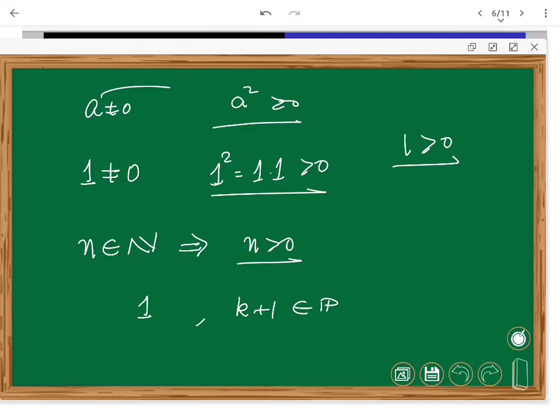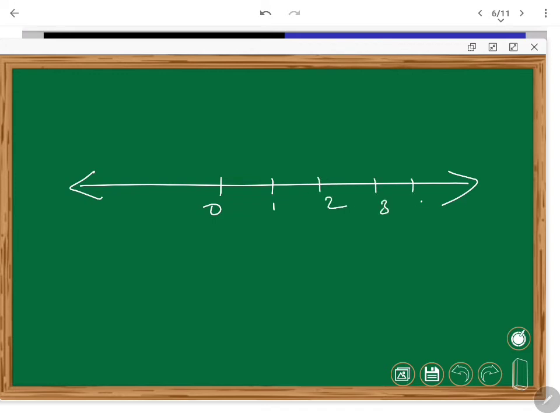So geometrically, these things are also very nice to see. Whenever we are looking at the real numbers, we have 1, 2, 3 on the right hand side like this. So they are all positive, we got. Now, they are not merely that; the entire open ray from 0 onward. 0 is not positive. Anything on the right is going to be positive. So are there any other elements which are positive?